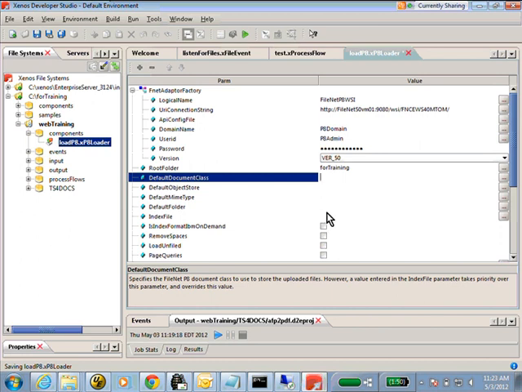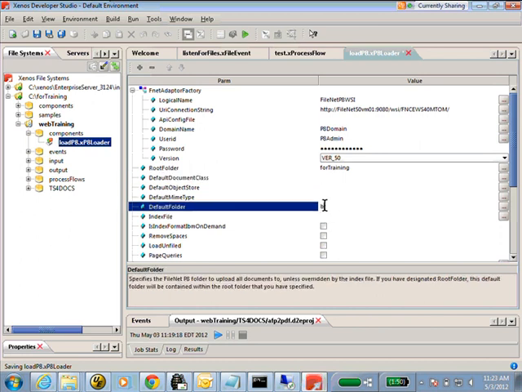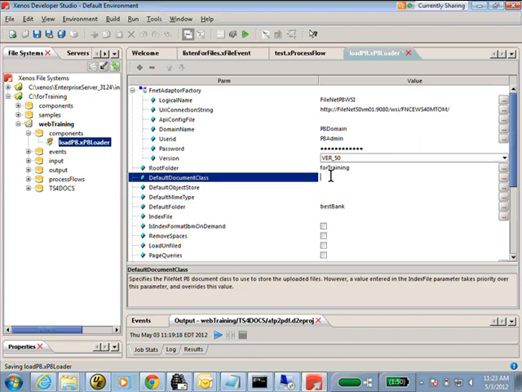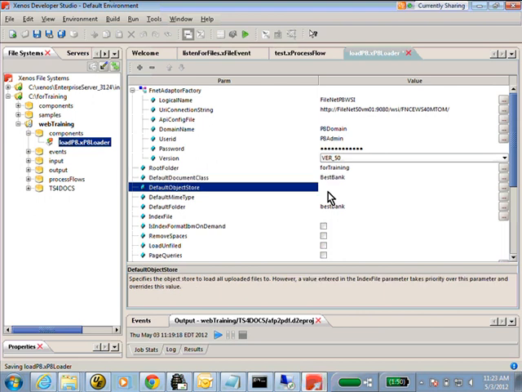And the default folder, best bank. And now we have a document class. The document class we set up was best bank, and I showed that to you earlier, which had all the fields associated with it. And the object store is something that you're going to set up yourself within your P8 instance. So the P8 config object store.